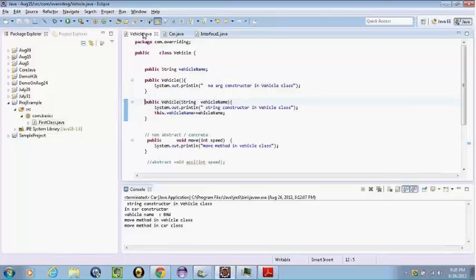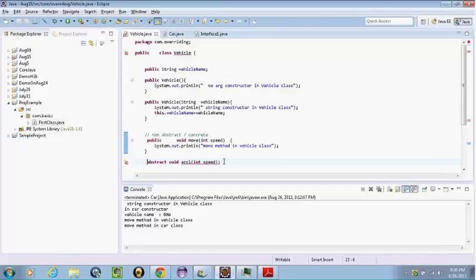I have an abstract method here. See, I have defined an abstract method. So how do you understand that it's an abstract method? There is a keyword abstract before the method declaration, which makes the method abstract. When a method is abstract, I cannot define the method. I cannot say like this. It gives me a compilation error saying the abstract method cannot be defined, or cannot specify a body for the